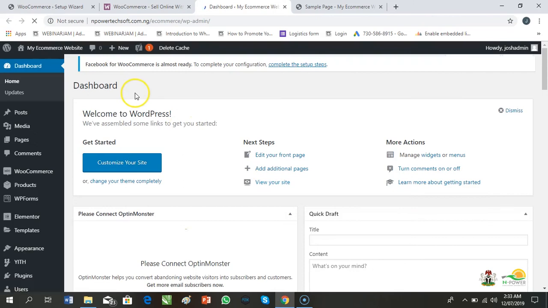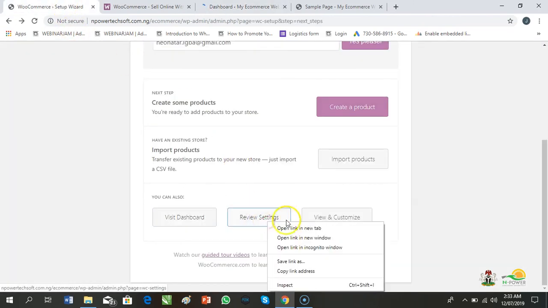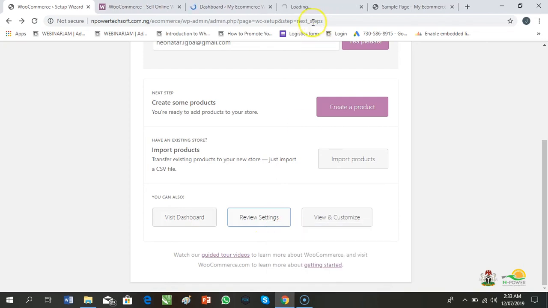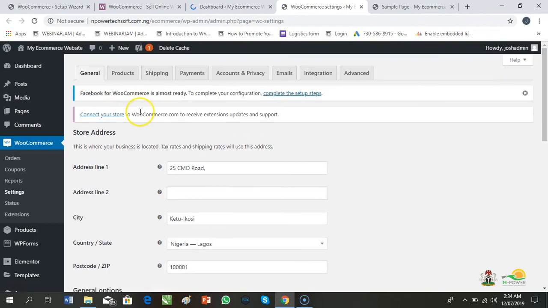So this is your WP admin. This is the settings for your WooCommerce. If you remember, this was the page that we initially saw before we decided to click the setup wizard.